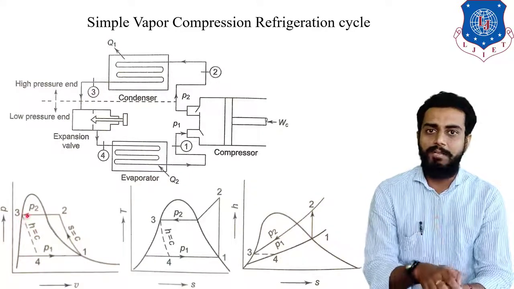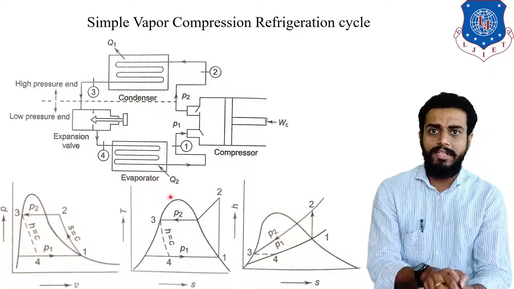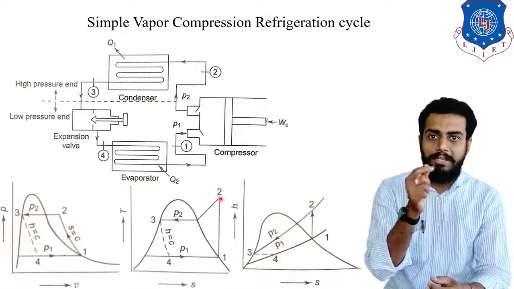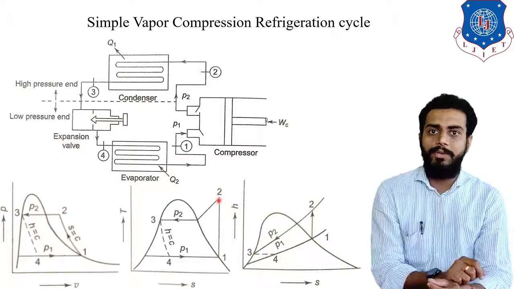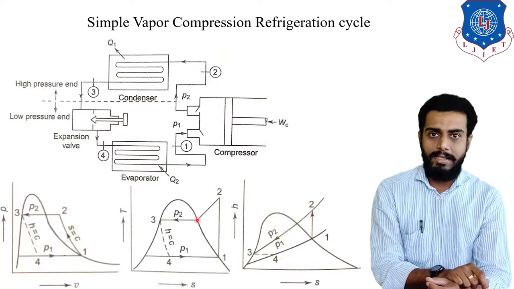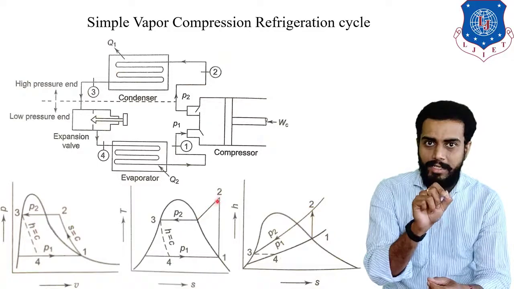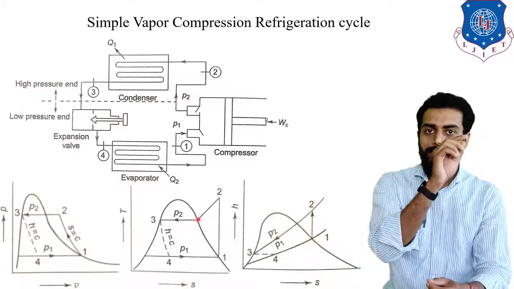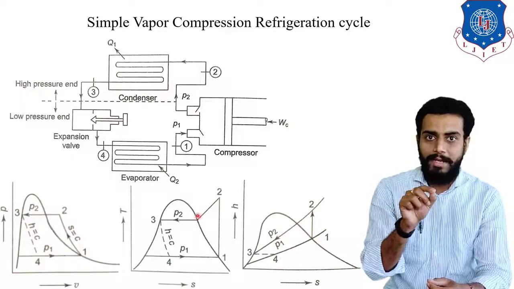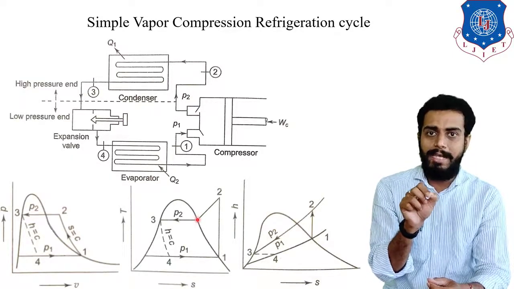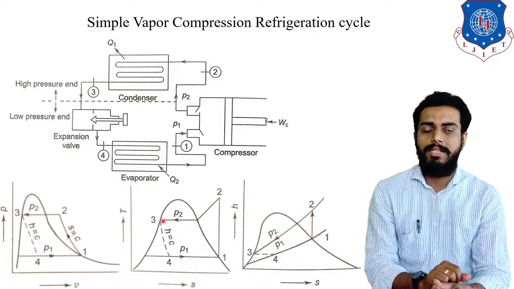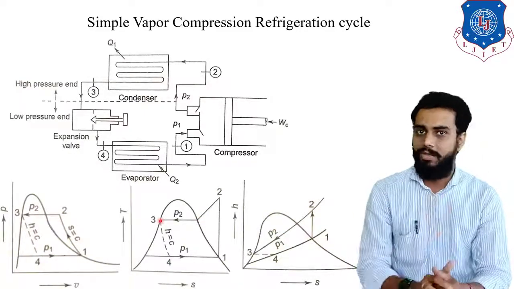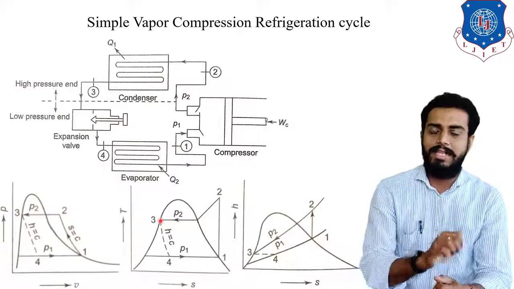Now same way, let us observe the TS diagram. Here in the TS diagram, obviously, as in the example I told you, first you will de-superheat it. So observe point number 2, it is in the superheated vapor region. You will de-superheat it, so from 2 a slant line is presented, going to the saturation vapor line, and from the saturation vapor line to the saturation liquid line. That is point number 3. So remember students, during this 2 to 3 process pressure is constant. Same way, observe the HS diagram.